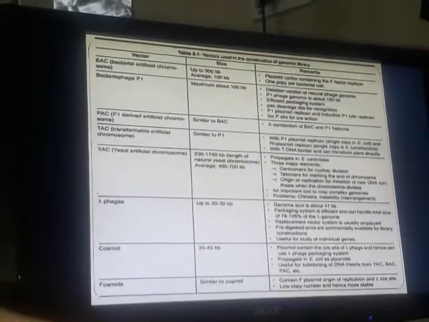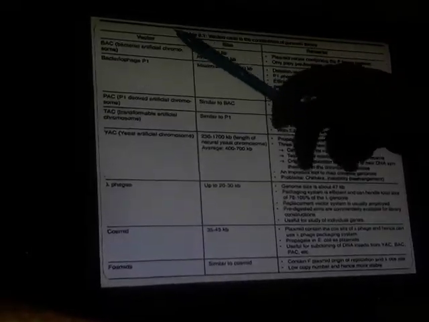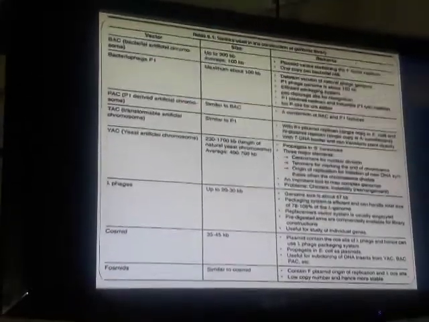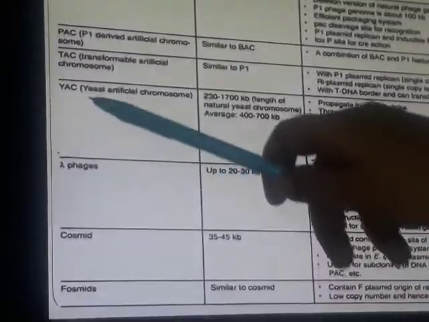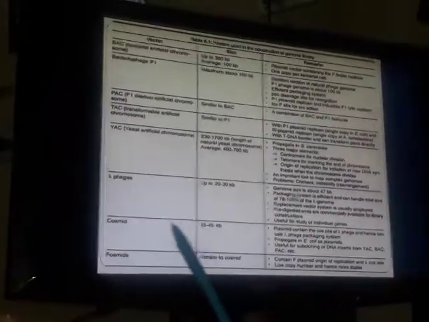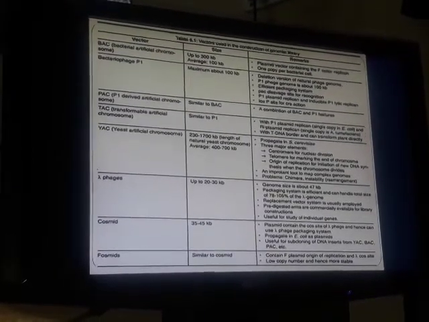So what are the vectors you can use for inserting your foreign DNA, or the DNA of that particular organism? You have bacterial artificial chromosome, bacteriophage P1, PAC, TAC, YAC, that is yeast artificial chromosome. Lambda phages can also be used. Cosmids can be used as a vector.